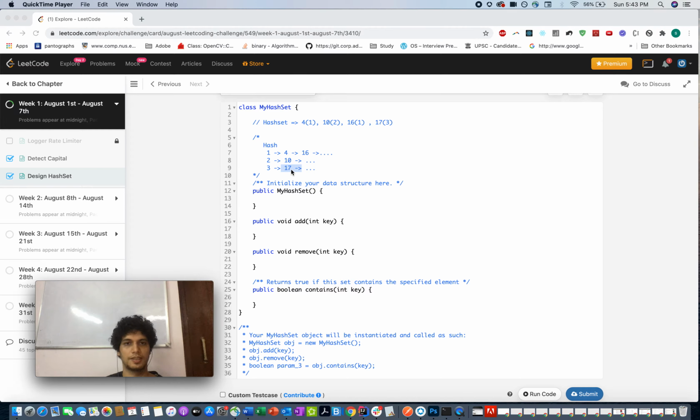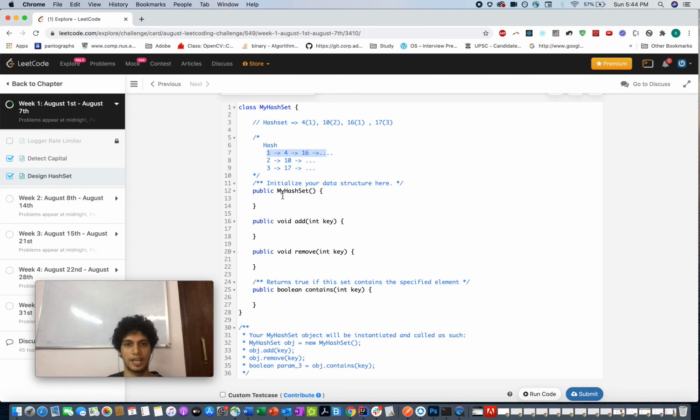Follow a similar process, but also while removing from the hash set whatever key you have, you generate the hash of that key, and then check in the list whether that key is present or not. If the key is present, you simply remove that index from your list, and if it is not present, then it's already removed. So this way this works. Similarly it works for contains. You generate a hash of the key, and then you go to that index, the row number, and you start searching in that row whether that key is present or not.